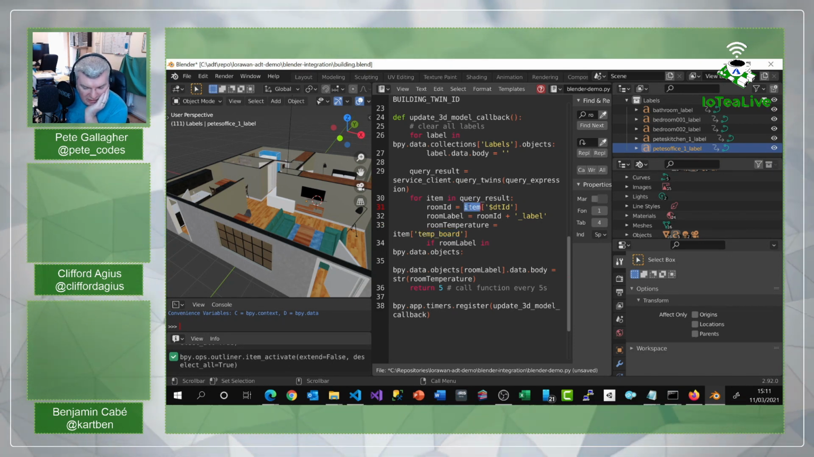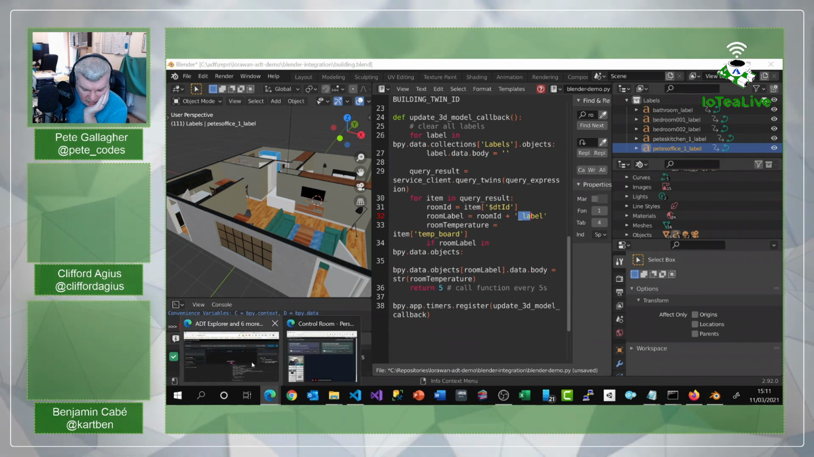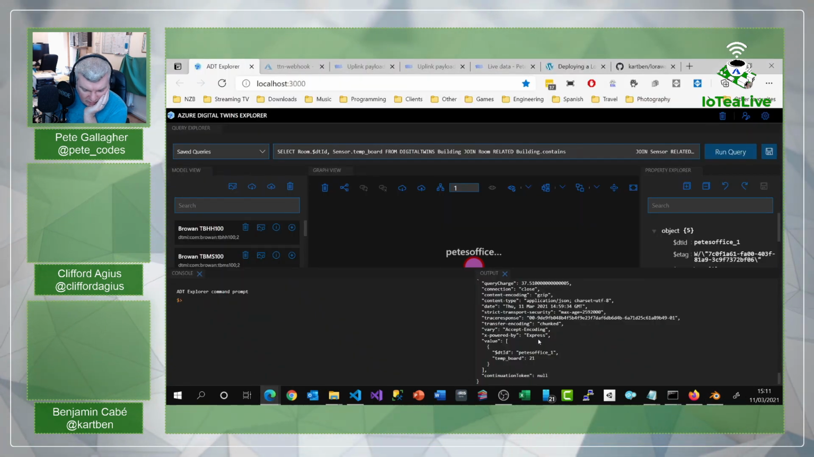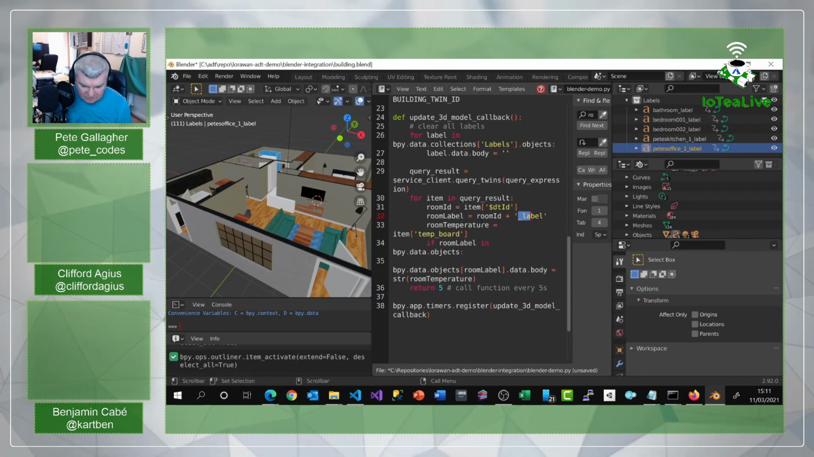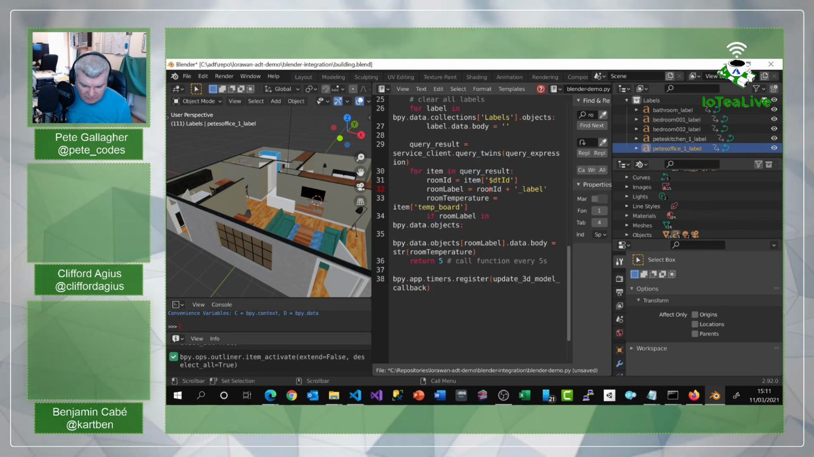Yeah. So item is the DTID. Room label is the room ID and the underscore label, which is what it was. So Pete's Office _1, which is what we were getting out of our digital twins. So that DTID equals Pete's Office _1 is what we're doing, kind of up there, isn't it? If room label that, so Pete's Office _1 label in